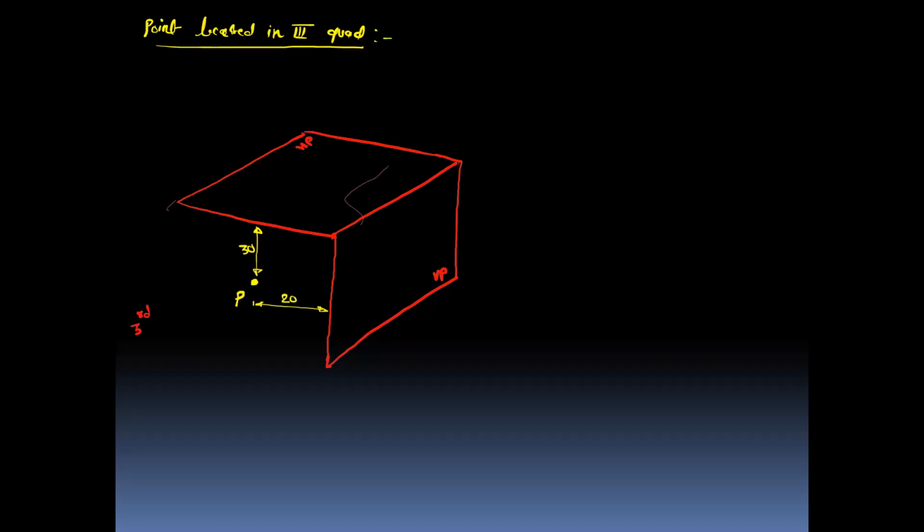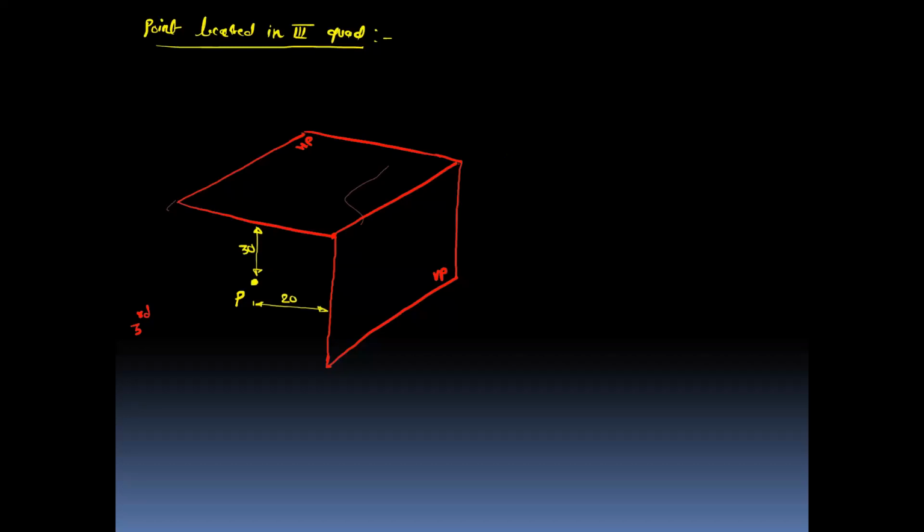So during the last lecture, we have seen the difference between the first angle projection method and third angle projection method. And also we have started with the projection of point. So we have seen the two conditions when the point is placed in the first quadrant and point is placed in the second quadrant. When the point is lying in the second quadrant, its front view and top view will lie above the XY line. So there is possibility that both the views will overlap each other. Such type of drawing is quite difficult to interpret, and therefore we don't follow the second angle projection method. So either we follow first angle projection method or we follow the third angle projection method.